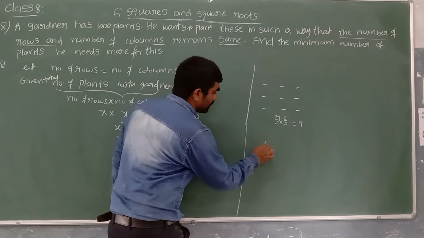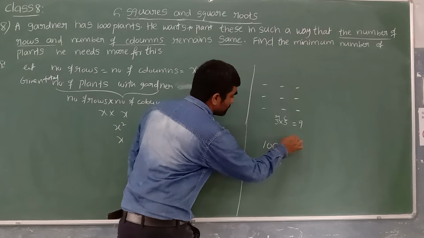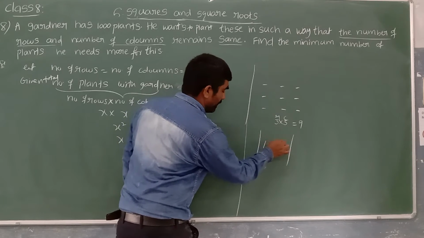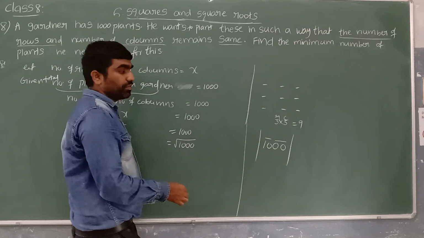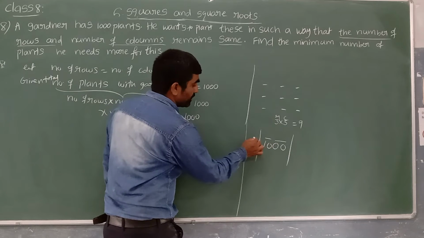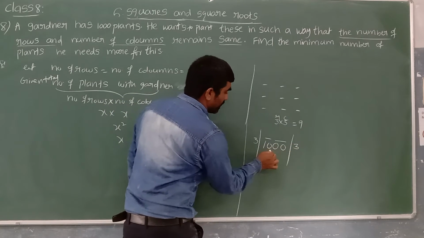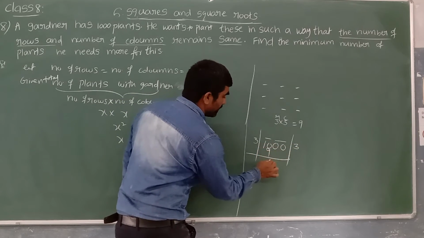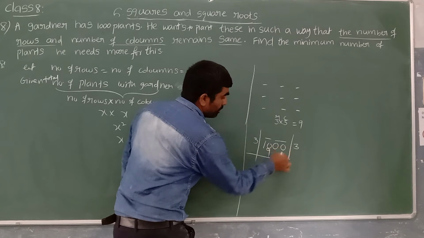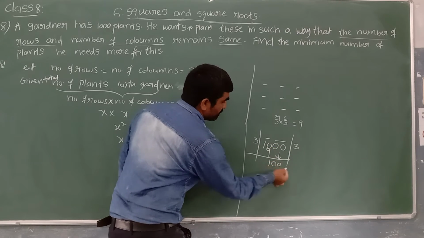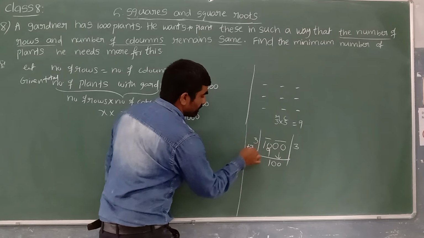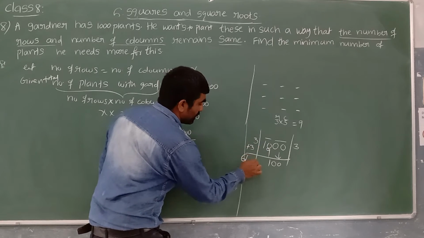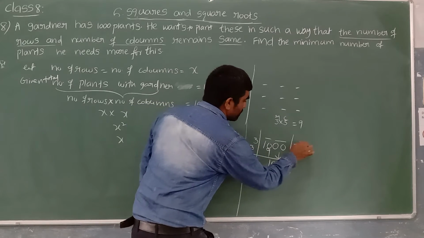Now we take the number 1000 and go with the long division method. Place the bar from the ones place, every pair of digits. The nearest perfect square of 10 is 9, which is 3 times 3. 10 minus 9 is 1. Bring these two zeros down. Then 3 plus 3 is 6. Place one box here, and here also one box.